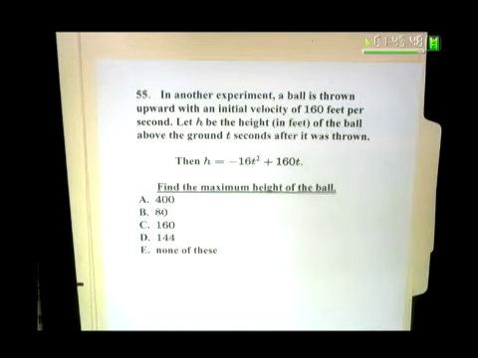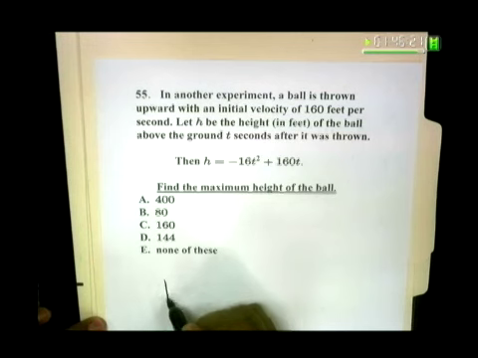Right, so again, we have the same equation. The initial velocity in this case is 160 feet per second. But the same idea, h represents the height from the point of departure, t represents the number of seconds. Right? Now we're trying to find the maximum height of the ball. So if you think about it, the graph of this would be a parabola that opens down. And so we're talking about what is the highest point, or the vertex,